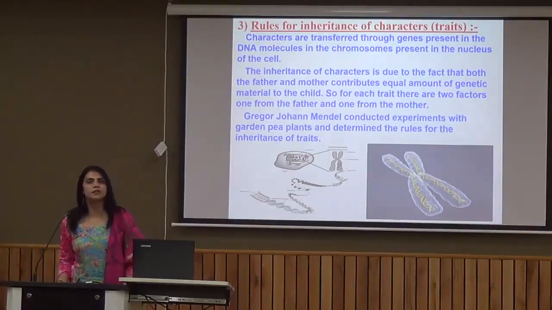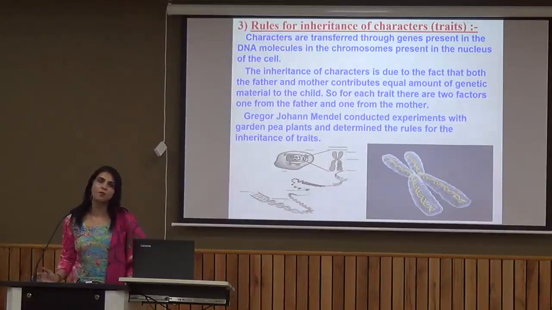This you have done in class 9th as well, that the genetic material present in our body is DNA. DNA is the genetic material and it is present inside the nucleus. And where is it present? It is present in the chromosomes. Chromosomes are thread-like structures present in the nucleus of the cell. The chromosome is made up of DNA, and the functional segment of DNA present on the chromosome is known as a gene. These are the genes which pass from one generation to the next generation, and these genes control our trait or